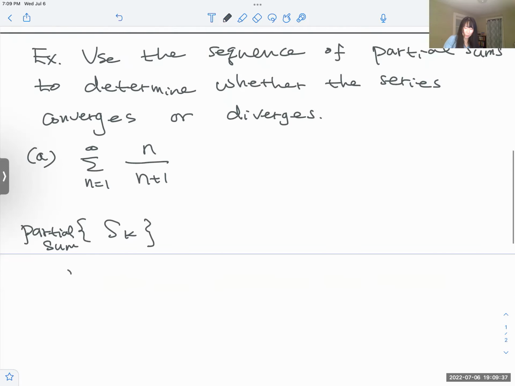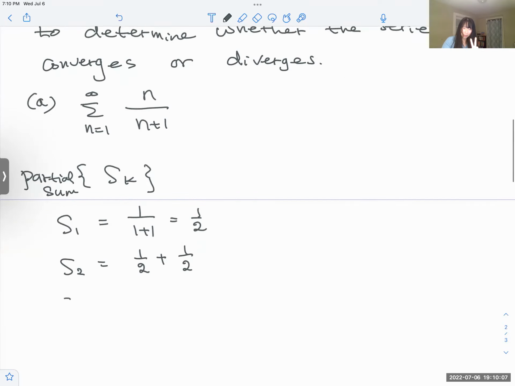Let's say that S sub 1, which is n equal to 1. So we have 1 over 1 plus 1, which is 1/2. Yeah. Now, S sub 2, which is we have 1/2, right, from the S sub 1, plus we're going to do that again, which is 1/2 again. This is S sub 2, right? Then S sub 3,